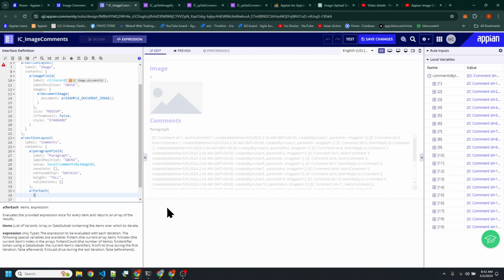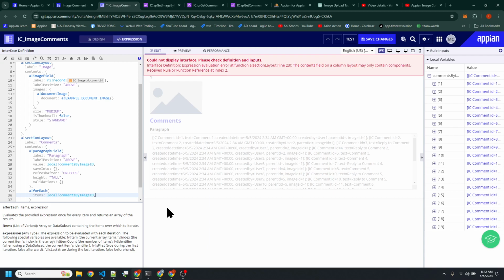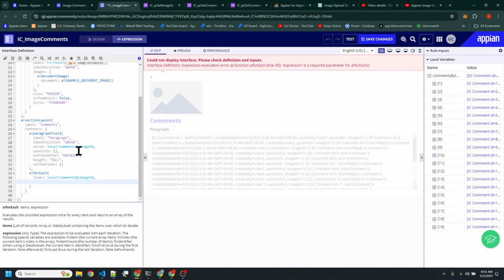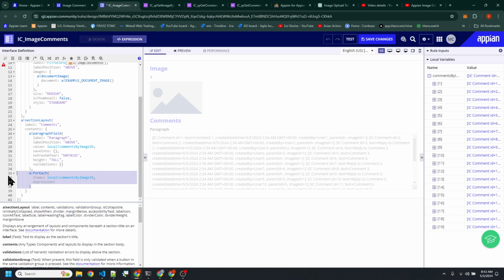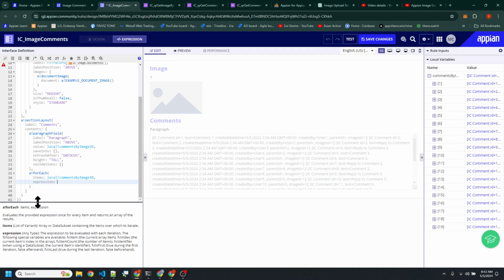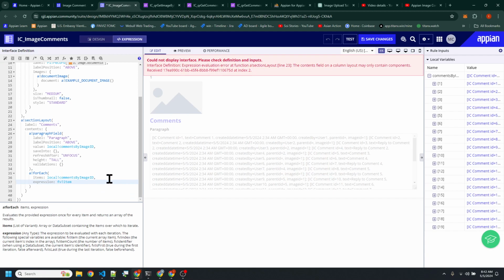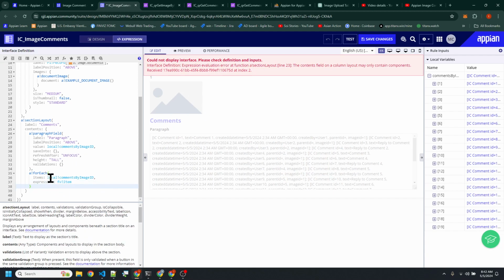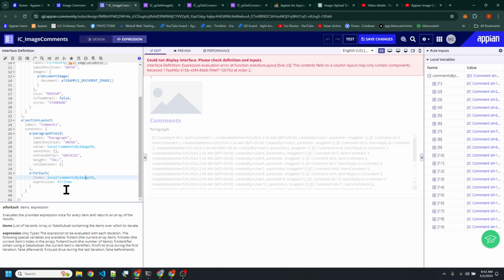This basically is going to loop through all of our comments and we can apply an expression to it. This piece of code here is a bang for each, and we're just going to do an FV item here. So a bang for each item here, we're going to do an expression rule here.